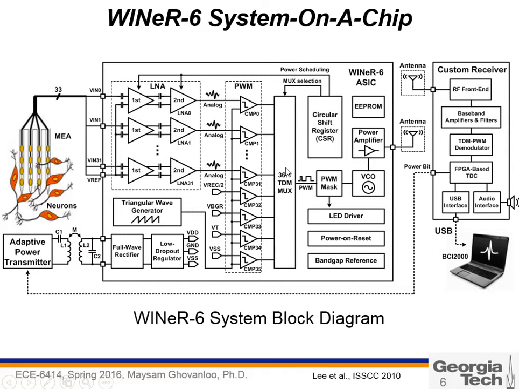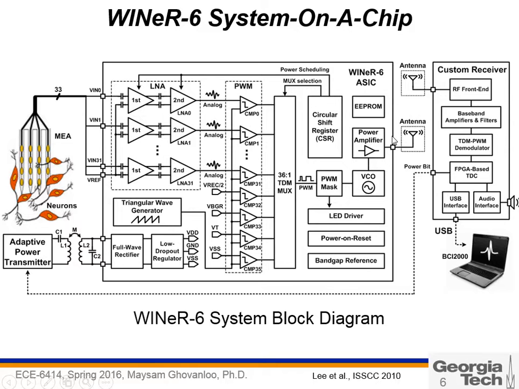So a total of 36 analog channels are multiplexed and form a PWM signal. Each pulse is related to one of these 36 channels. Then this pulse is masked and drives a voltage controlled oscillator to generate a frequency shift keying signal at a high frequency. In this version we use a frequency around 900 megahertz that is transmitted through a power